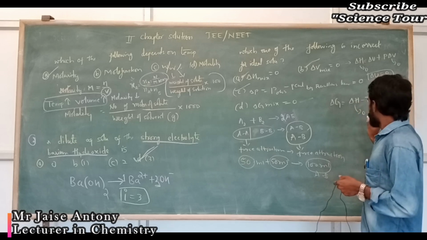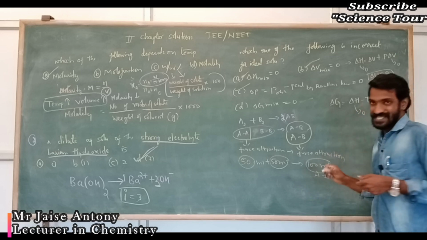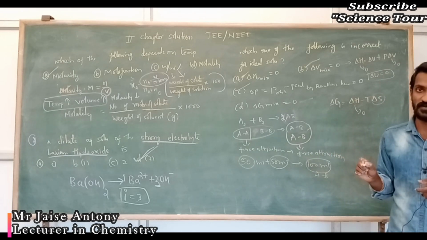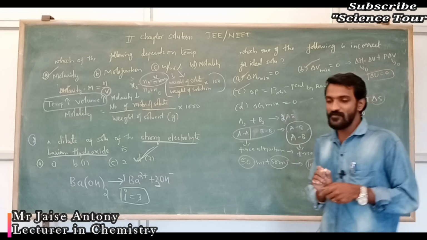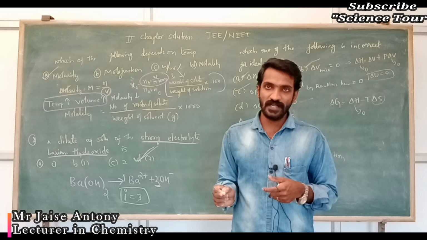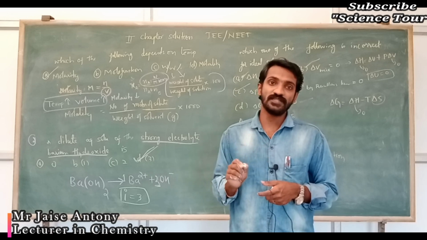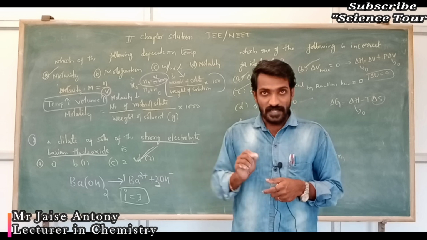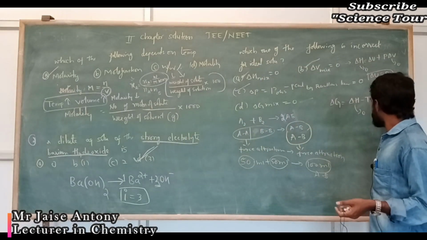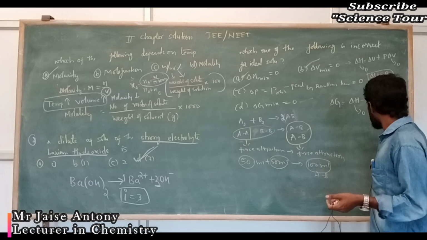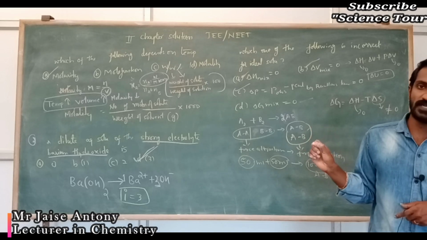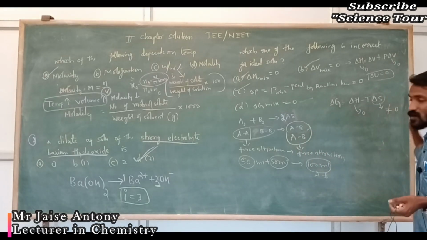Delta H is equal to 0. But this delta S, change in entropy, cannot become 0 here. It is not possible. After mixing, what happens? Entropy, the measure of disorderliness, increases or decreases, it depends. That means the entropy change is not equal to 0. Entropy either increases or decreases depending on the reaction. If it increases, okay, but it is not equal to 0.